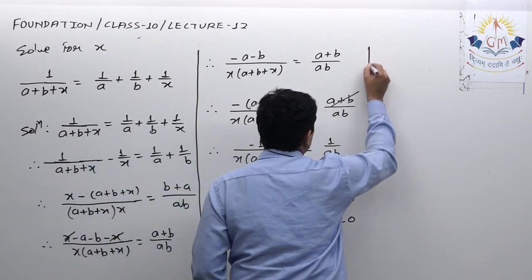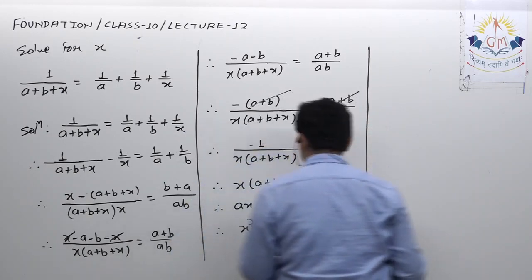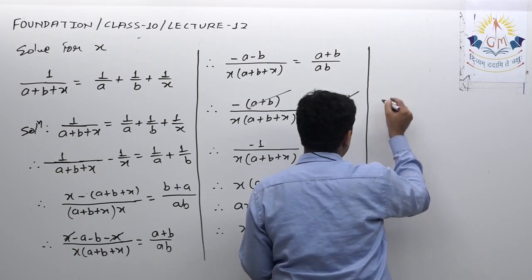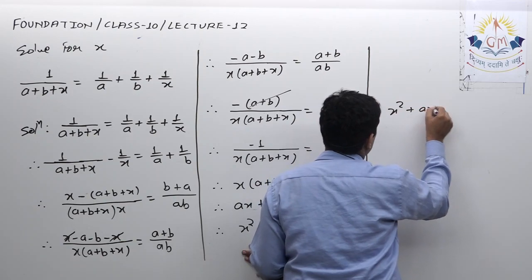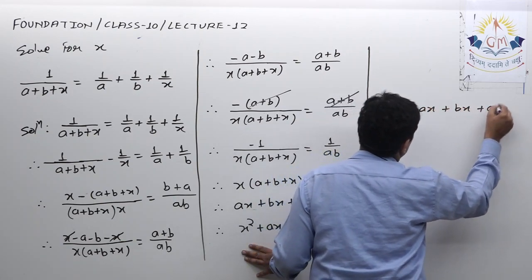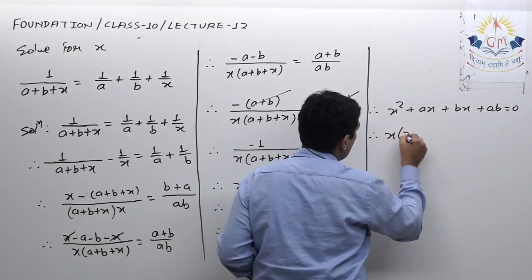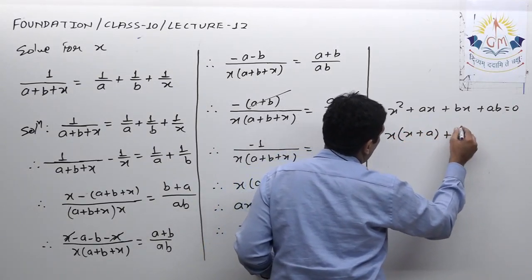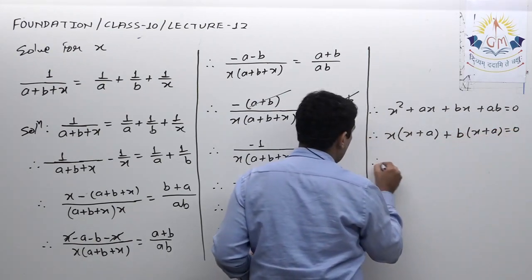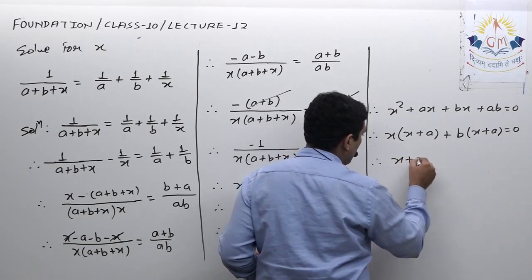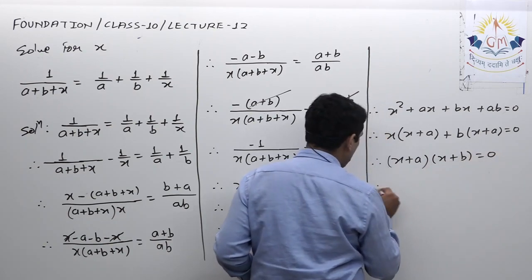Okay, so this is almost done. Now it is easy to find its solution by factorization. The factors are already given, as the middle term is split. So x square plus ax plus bx plus ab equal to 0. Now I can take x common from these two, so x plus a. Then I can take b common from these two, so again x plus a equal to 0. Now from these two I can take x plus a common. Here it is x plus b is equal to 0.